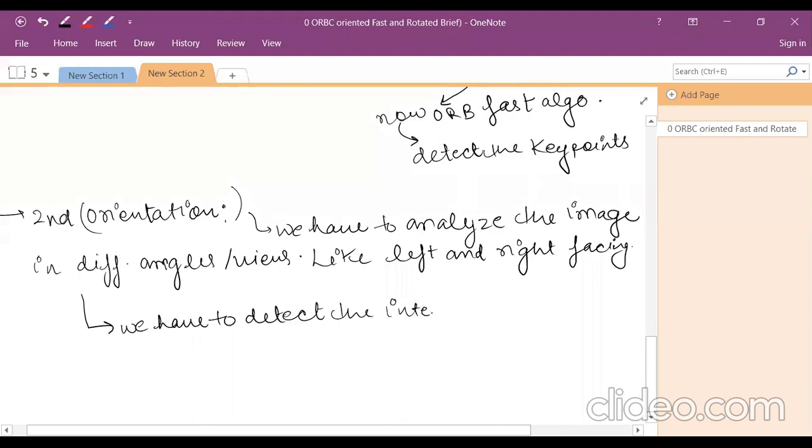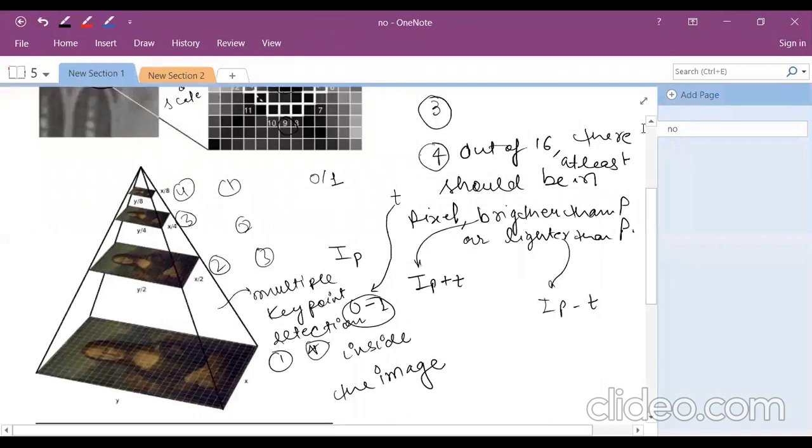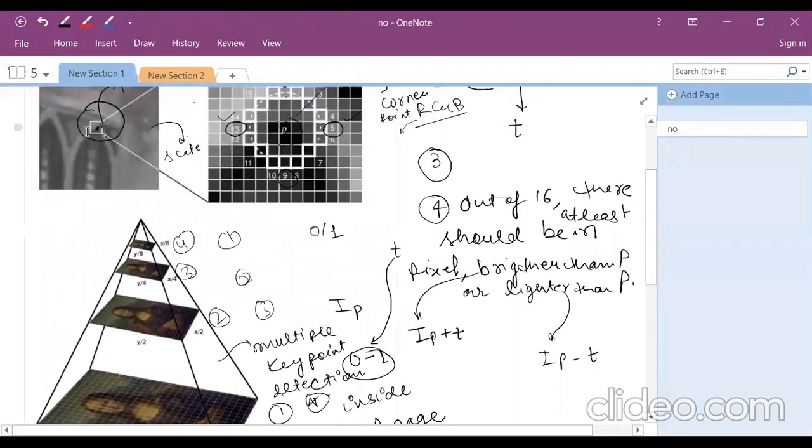the intensity of pixel P, like the intensity of this pixel P, in the different angles, in the different directions, you can see. And along with different directions, we have to calculate the changes in the intensity, because it is not possible that in a different direction the pixel has the same intensity.